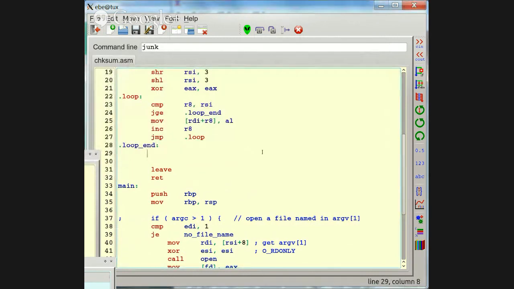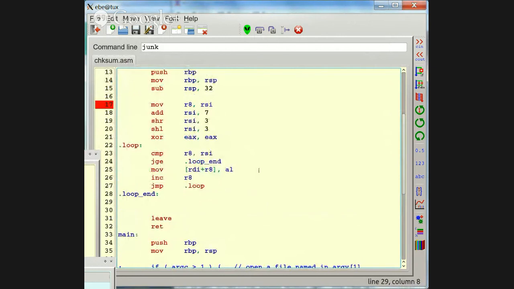That preliminary is out of the way. Now we want to shift it right 3 to be the number of words or quad words to process. And we want to go through a loop and accumulate some bits. So let's just do some accumulation, and we can start.